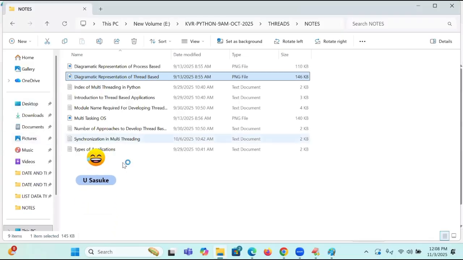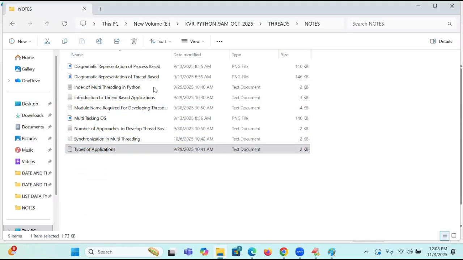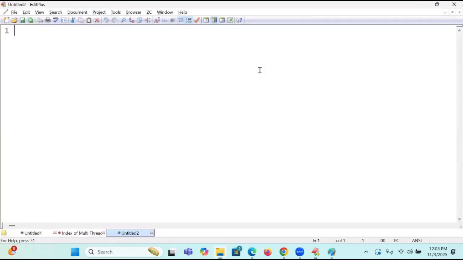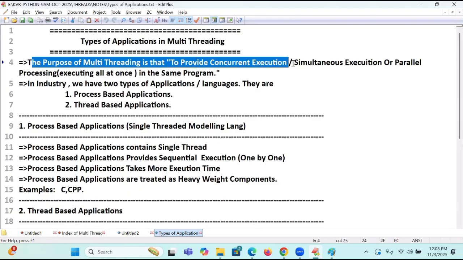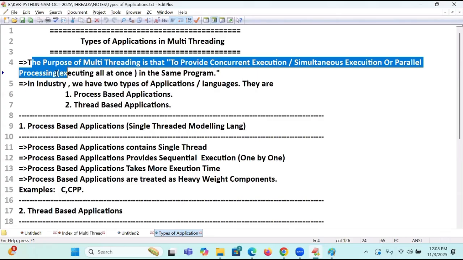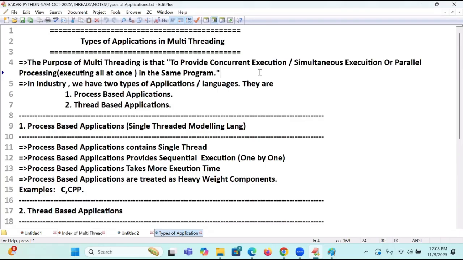So coming to the point back, here I'm going to take up the types of applications I'm showing. Try to follow. All of you try to read out. The purpose of multi-threading. Every topic will have a purpose. Multi-threading is to provide concurrent execution or simultaneous execution or parallel processing. That is called executing all at once in the same program.